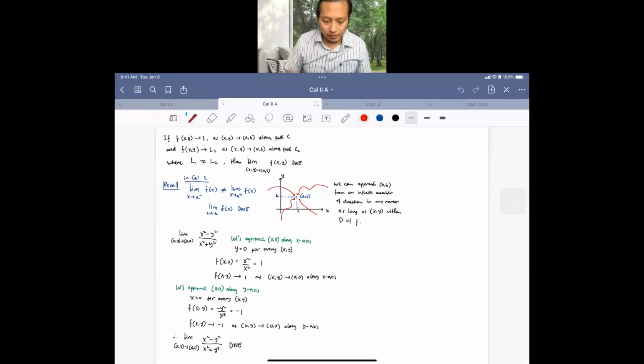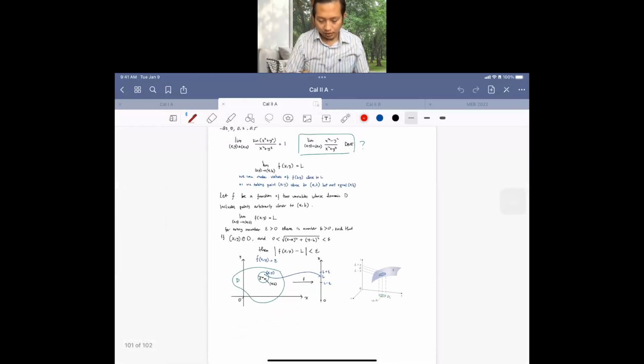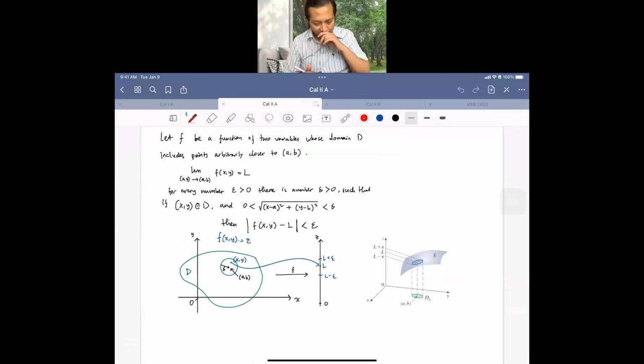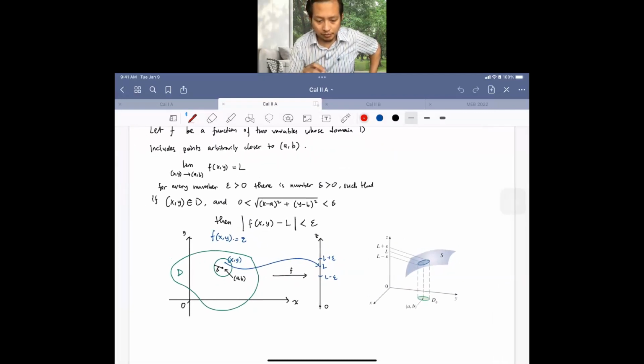Now we have learned how we can prove whether the limit of a function of two variables doesn't exist. So yeah, we review a little bit. So these are the precise definitions, if we have a surface, okay, for example here, this